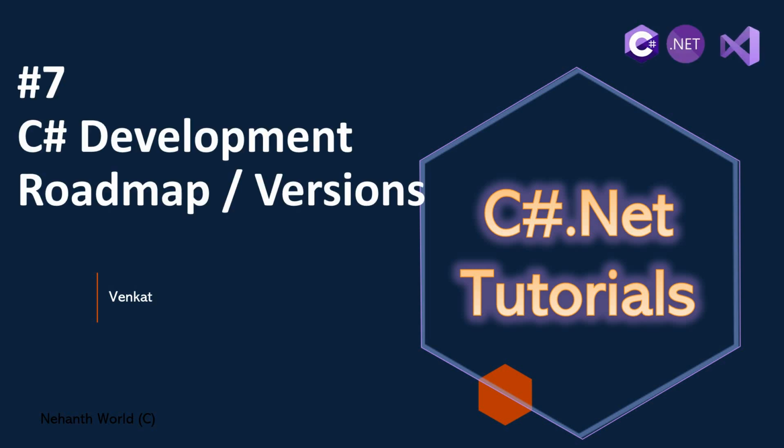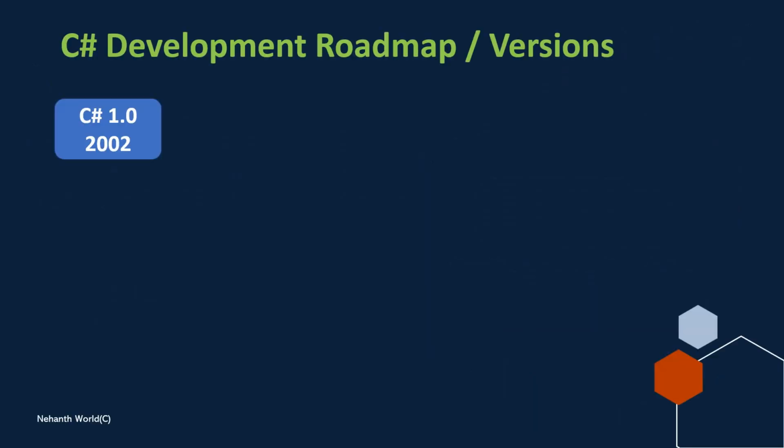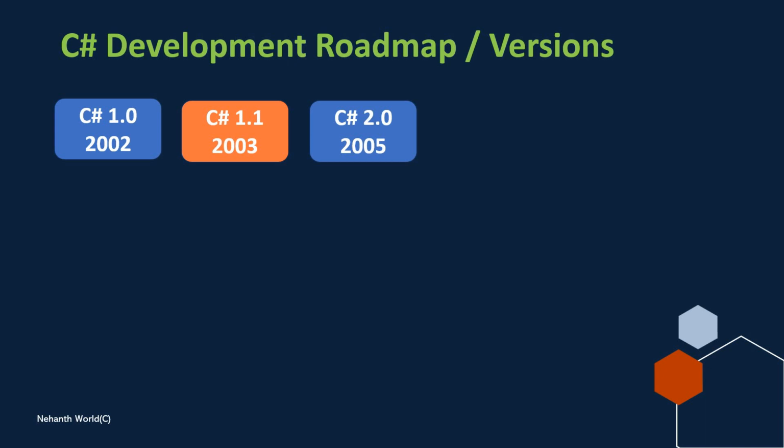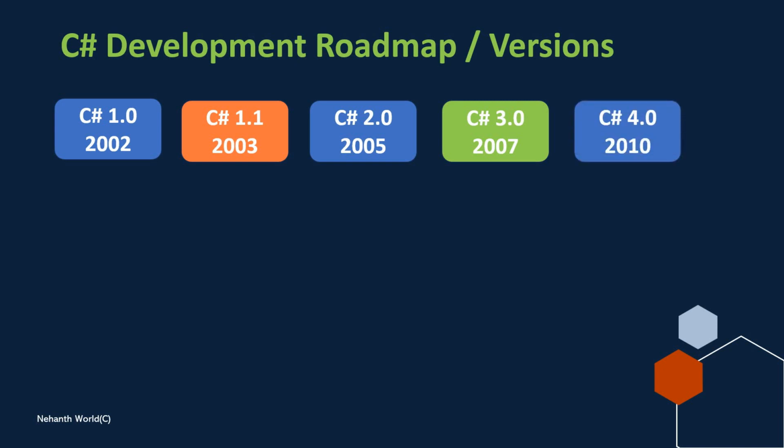In this video, let us see the development roadmap of C#.NET, or versions of C#.NET. So the initial version of C# is 1.0, which was released in the year 2002. Next, 1.1 was released in 2003, next 2.0 was released in 2005, 3.0 was released in 2007, and 4.0 was released in